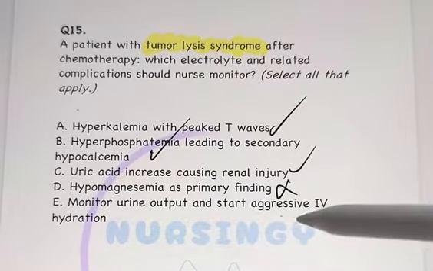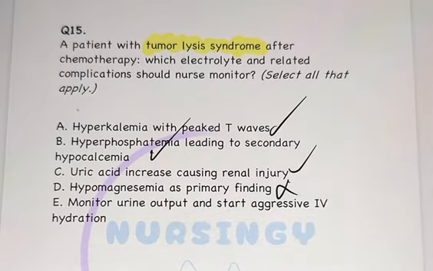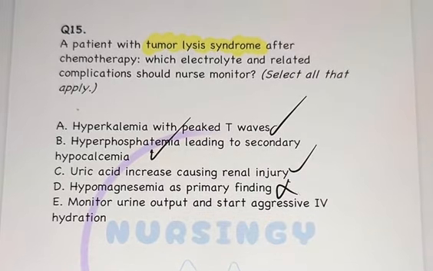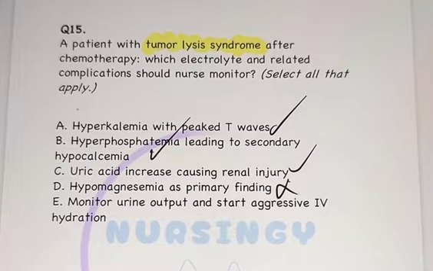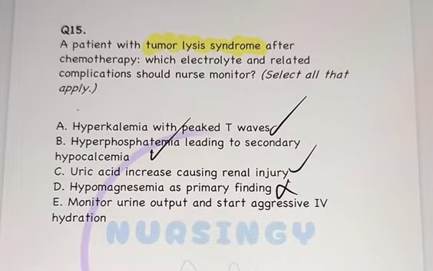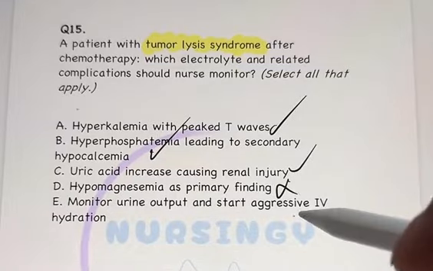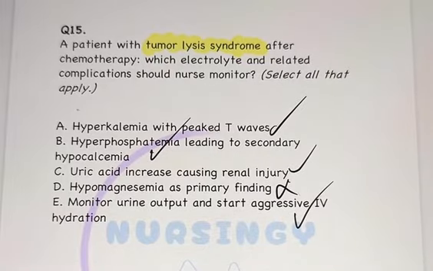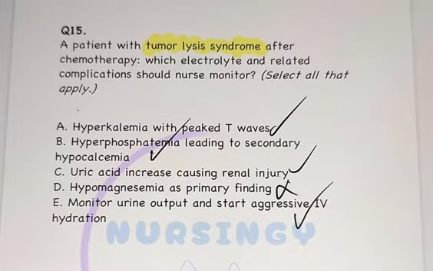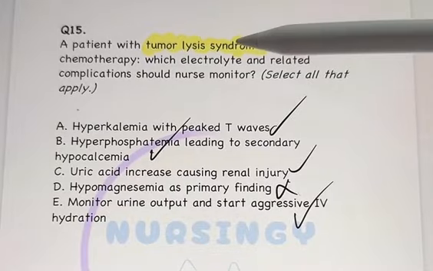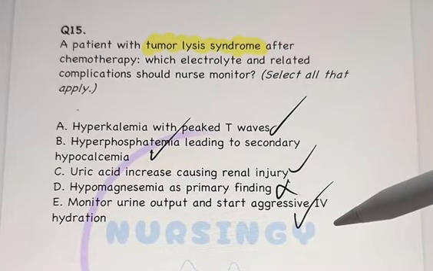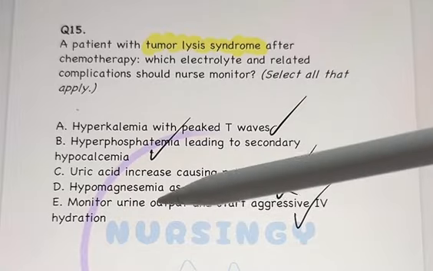Monitor urine output and aggressive IV hydration. E, do we need to monitor that? Yes. Okay, so this is the thing, we want to do aggressive IV hydration because we want more urine output so body can flush it as fast as possible. So that's why in TLS definitely we do the aggressive IV hydration and we need to monitor the urine